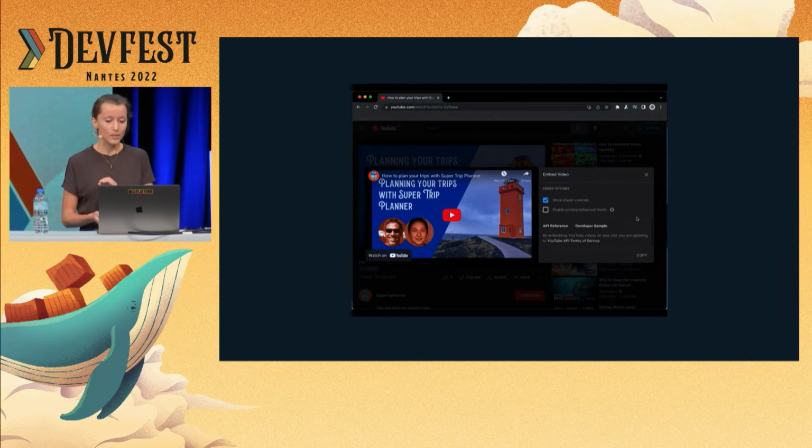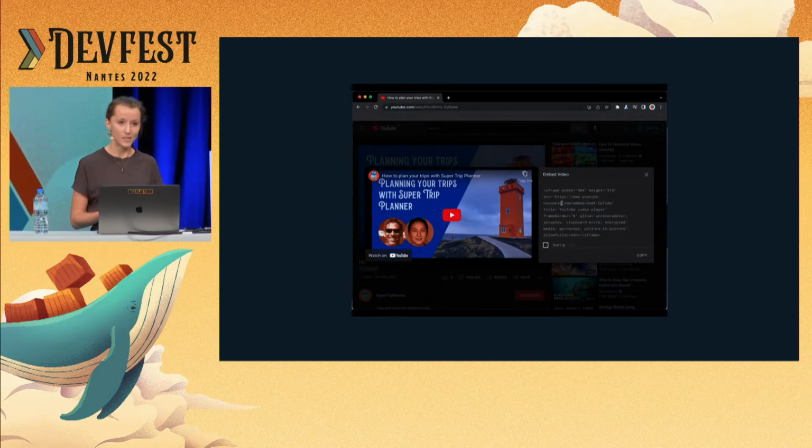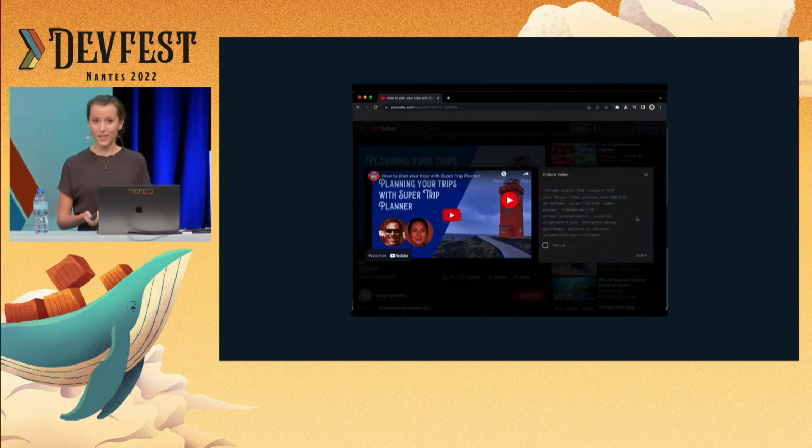With this mode, views of embedded YouTube content will not influence the viewer's browsing experience on YouTube. So what that means is that if a user is on my site, watches that video, and then goes to YouTube, they're not going to be shown related content directly within YouTube. OK.